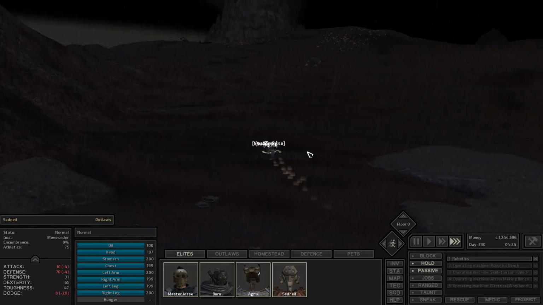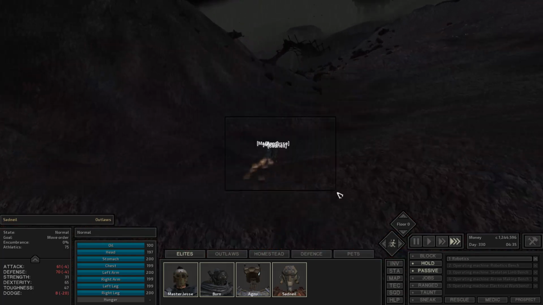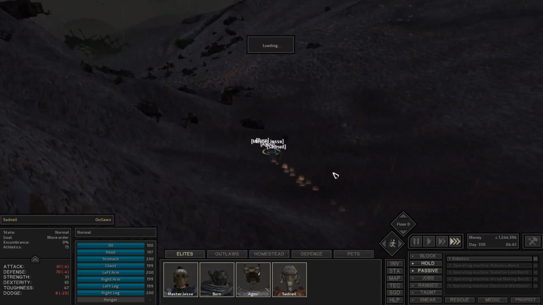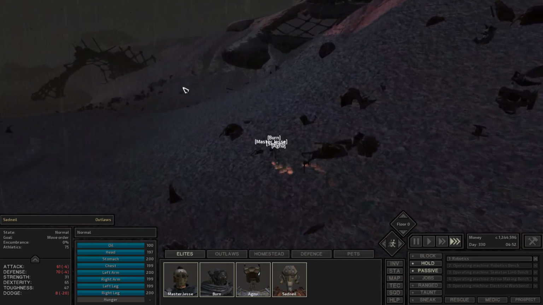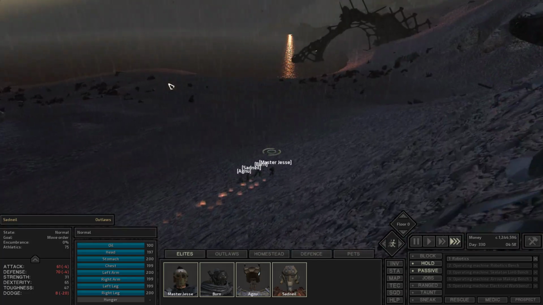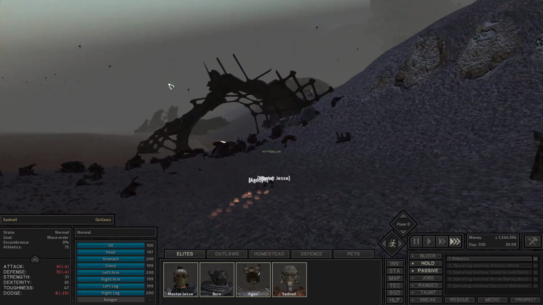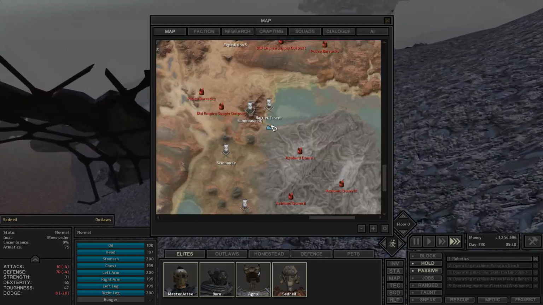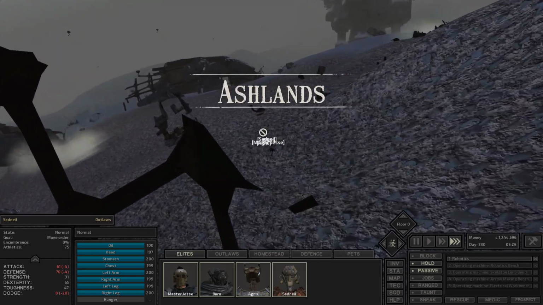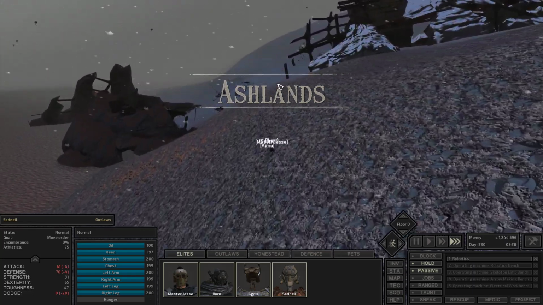I'm going to try and play it safe and avoid people until we get into the Ashlands, just because I don't want to deal with the skinners. If they beat us down, they don't let us live. They'll take us to their little grinding capital over there, so we'll try and avoid that for now. We'll get deep enough along this side here to find some robot armies to...